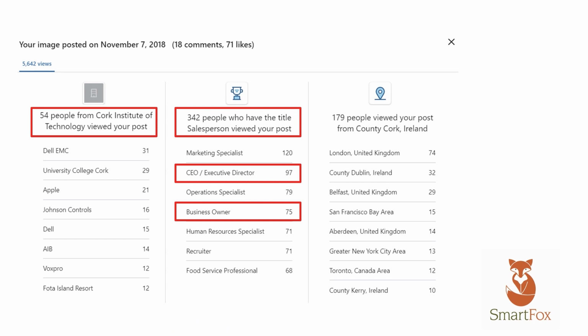So when we look at the first column, the companies who are looking at your content, really analyze that closely. And we're always looking for alignment. So back with our marketing foundations, who are the types of companies that you're trying to target? And looking at this data on your posts, is your content landing in front of the right people in the right companies? This is probably one of the best ways to see tangibly if we have a gap. So do we have a gap in who we would like to target, and who we are actually targeting, and how do we close that gap?